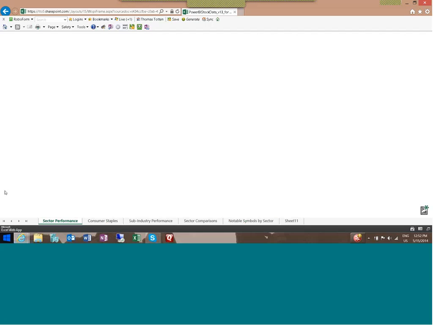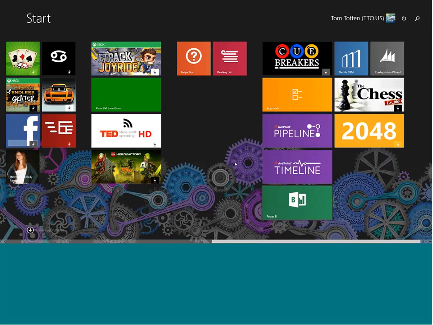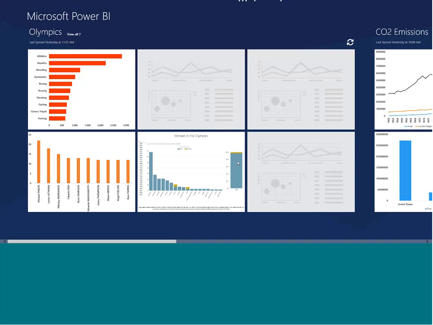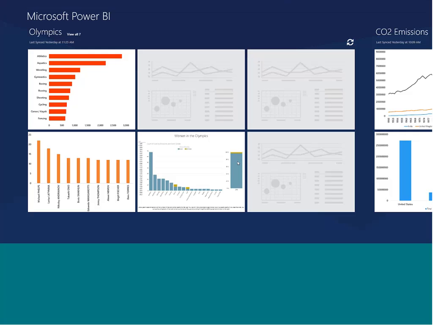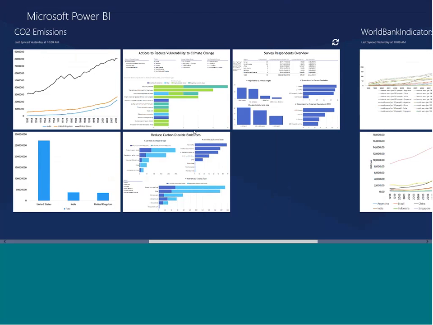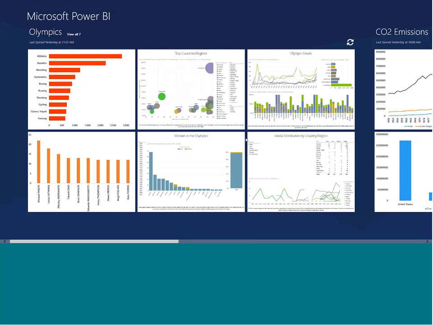And I'm going to jump to my mobile application. So keep your eyes open, Jason, just in case my screen doesn't show this. But I'm going to jump over here into my Start menu, click on Power BI. And for your tablet device, we have a touch-enabled experience where we can look at some of those. These are just the samples. So if I want to